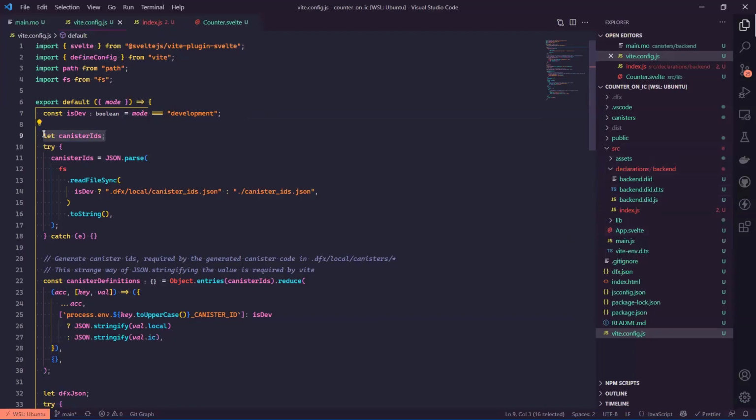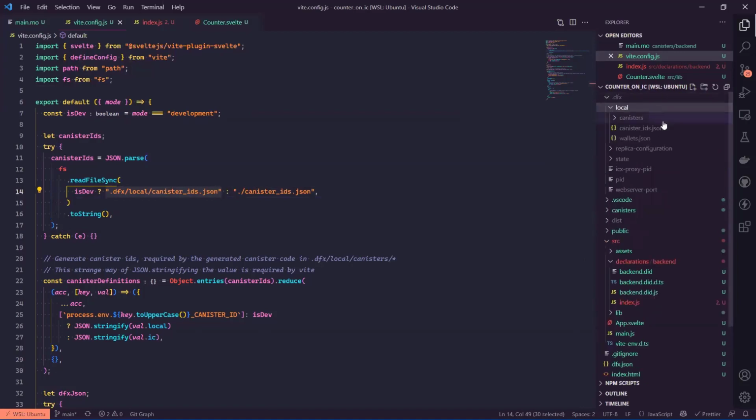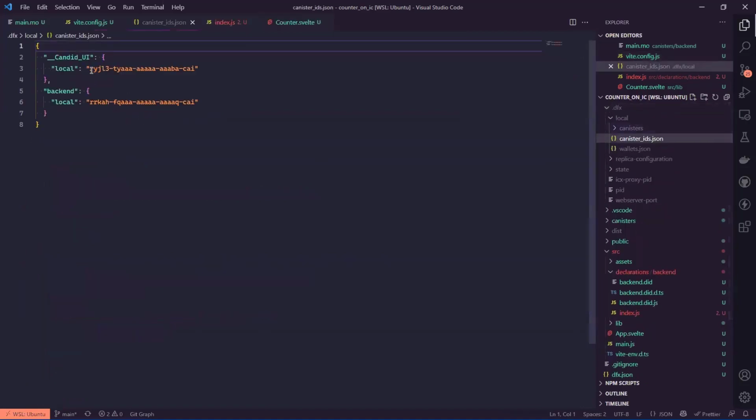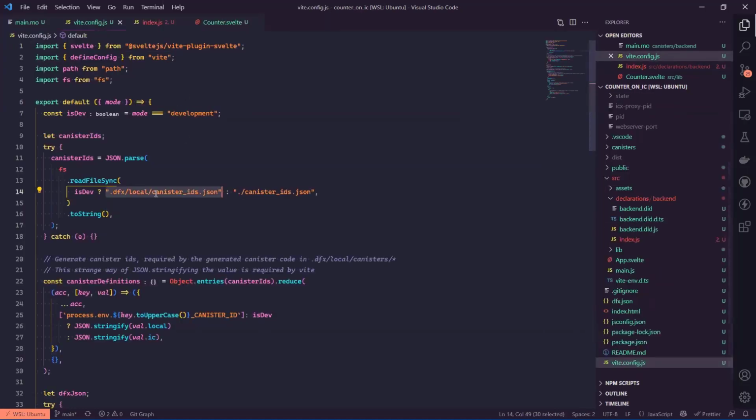Then I'm getting my canister IDs by using the fs module from Node.js. Again, this is very simple boilerplate code. If you don't understand, you can look this up online as well. I'm reading the file depending on whether I'm running in dev mode or production mode. If I'm running in dev mode, my canister IDs are in this folder. My local backend and everything is listed over here. When I'm deploying to the IC, there will be another file created at the root level